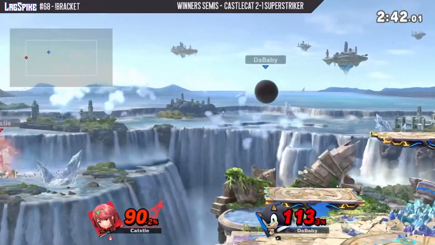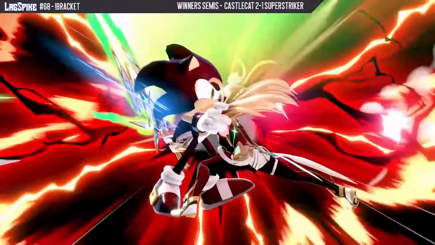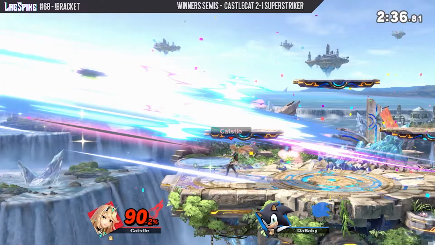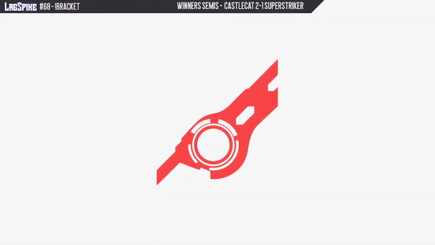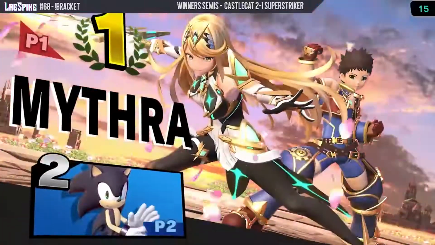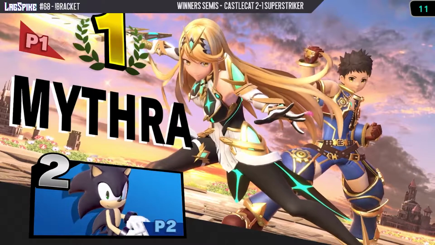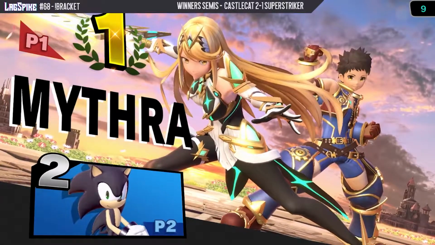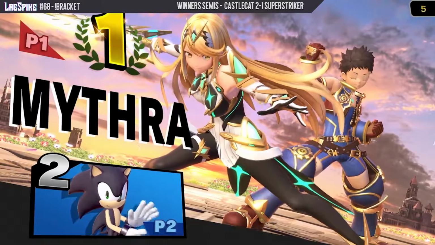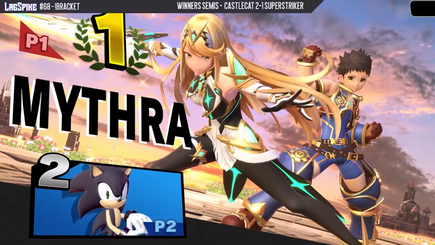Superstriker's waiting out the side B, not losing a chance to ledge trap because of that this time. And the Mythra needing to come out to find their way back to stage, but Castle catching the Mythra forward smash. For the first stock I think I've seen Castle take with the Mythra, period, to take their third game, take game 4 and take the 3-1 over Superstrikers. And it looks like they will be advancing on to